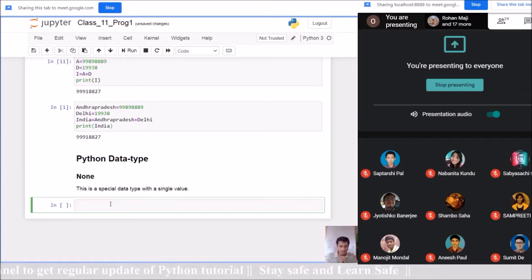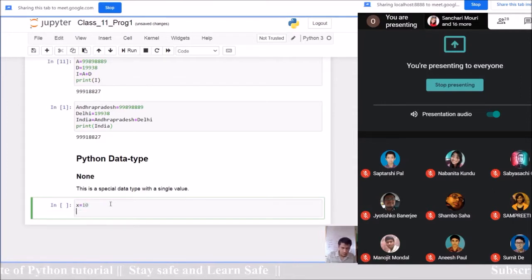What does it mean? As an example, I want to put x is equal to 10, y is equal to None.